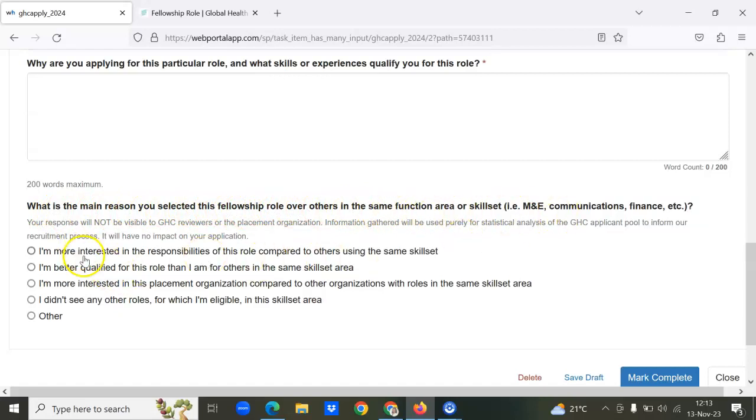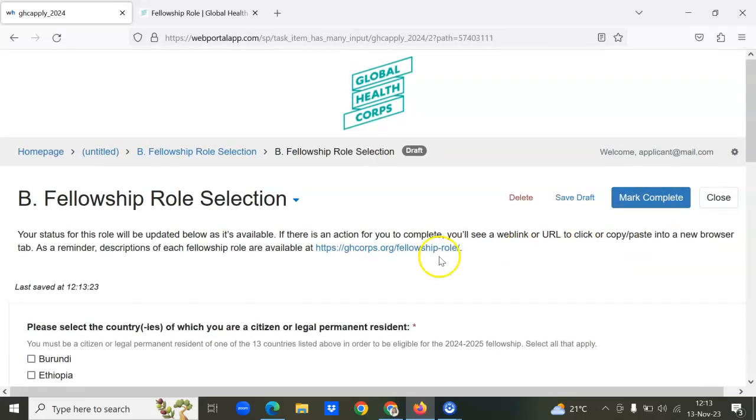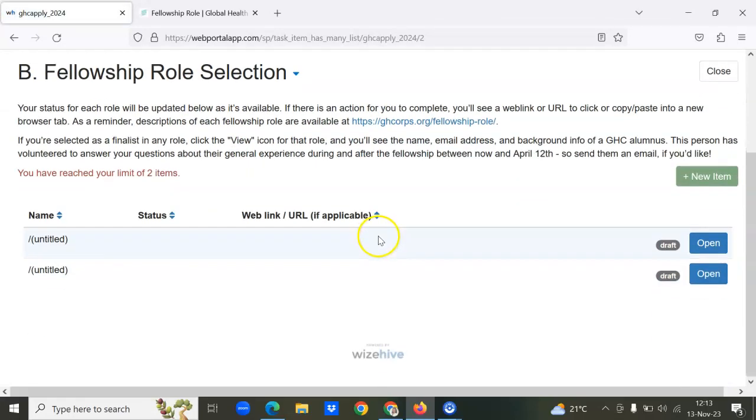You come and select what applies to you, then you save it as a draft. If you feel that you've completed this, you can mark it as complete. But for purposes of this application, I'm going to save it as a draft. Once you've saved it as a draft, you can go back to the role selection page, click here, and we'll be taken back to our